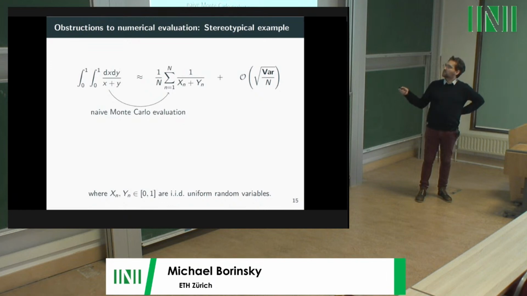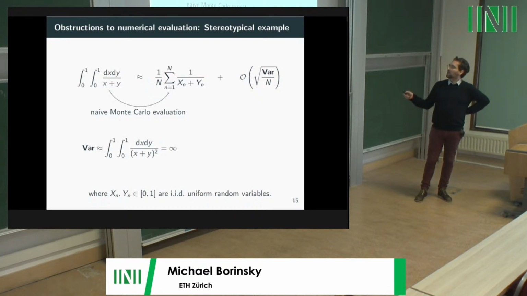But of course, the sample variance in our case is infinite, because the original integral is not square integrable. If we square the integrand, we just get infinity. This can be easily checked. So no matter how many sample points we take in this Monte Carlo experiment, we will never find convergence